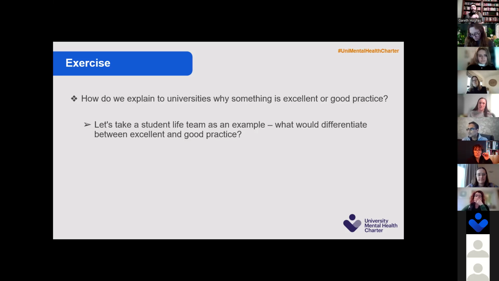Okay. I put two examples that we spoke about, and the one is finance. An example of good would be a financial team providing support with data tracking, with bursaries, grants, how they're distributed and the impact, being aware of the current financial pressures. Excellent would be careful structure of eligibility criteria to maximise need, embedding financial advice into modules in the curriculum as part of business and employability, integrating financial importance throughout all of the themes so there is an awareness, being proactive rather than reactive, demonstrating innovation and support, anticipating issues. That's just one example. That makes nice sense if you think about it that way. Okay, yeah, that's really good. Thank you very much. Joe.